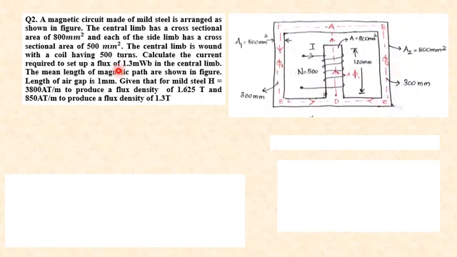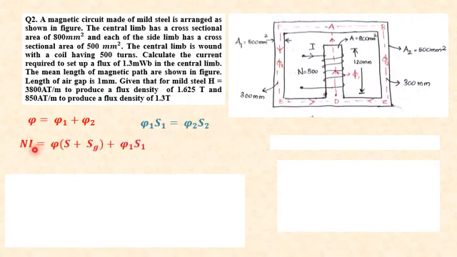So our basic equations will come as, first of all, total flux phi is equal to phi 1 plus phi 2. Then the MMF of the parallel paths will be the same. That is, MMF of AFED will be equal to MMF of ABCD. That is, we can write phi 1 S1 will be equal to phi 2 S2.